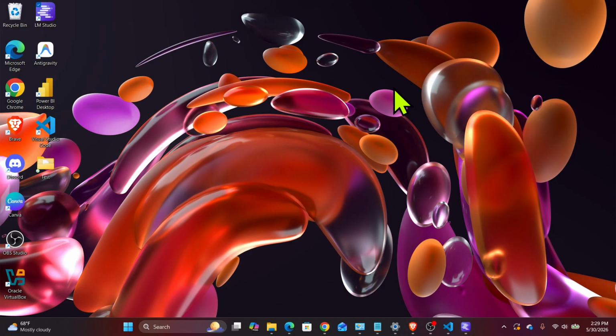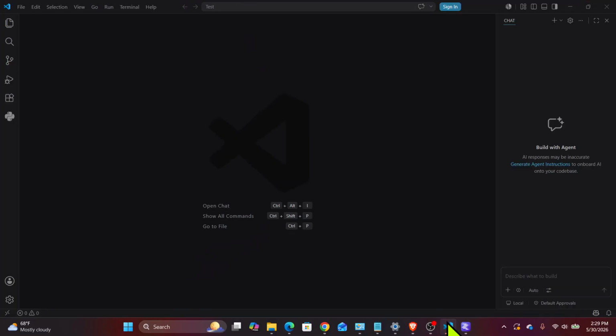So let's open our VirtualBox as well. If you haven't downloaded and installed VirtualBox, I'll leave a link in the description below to learn how to download and install VirtualBox. So first step, when you open the VS Code, make sure to download an extension called Continue